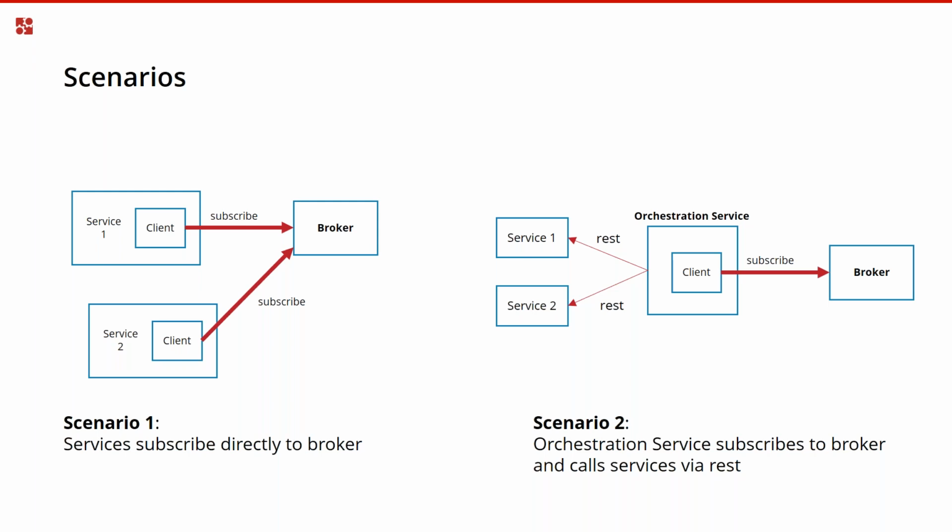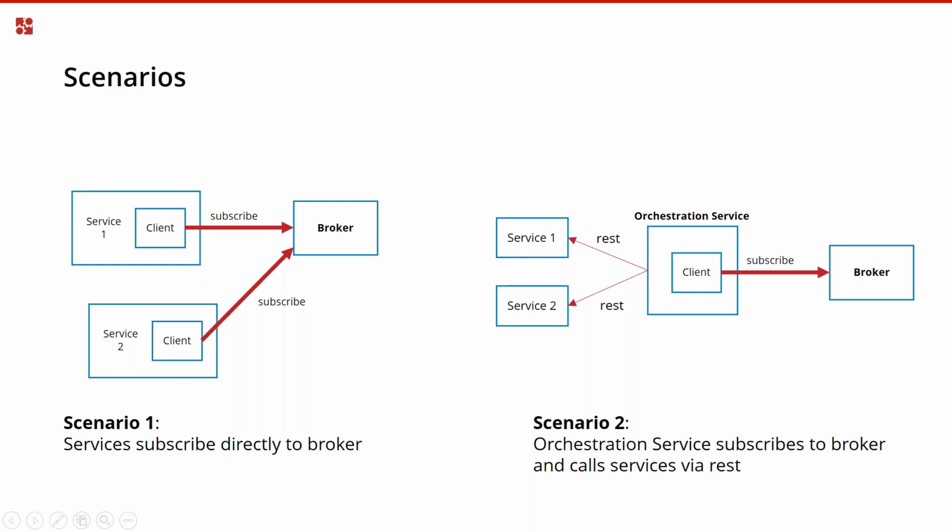So here the services directly embed the client, and then they can directly subscribe to the broker. I can do this when I go all in with Zeebe and I say, okay, I'm building new services. I want them to be orchestrated with the Zeebe broker, and now I'm embedding the client into these services. That's scenario one. This is, of course, the most efficient, but it's maybe not the easiest thing to do